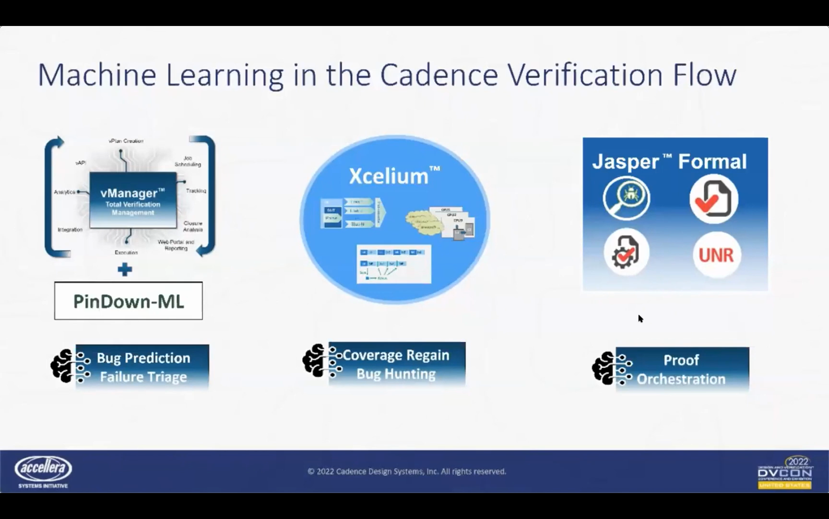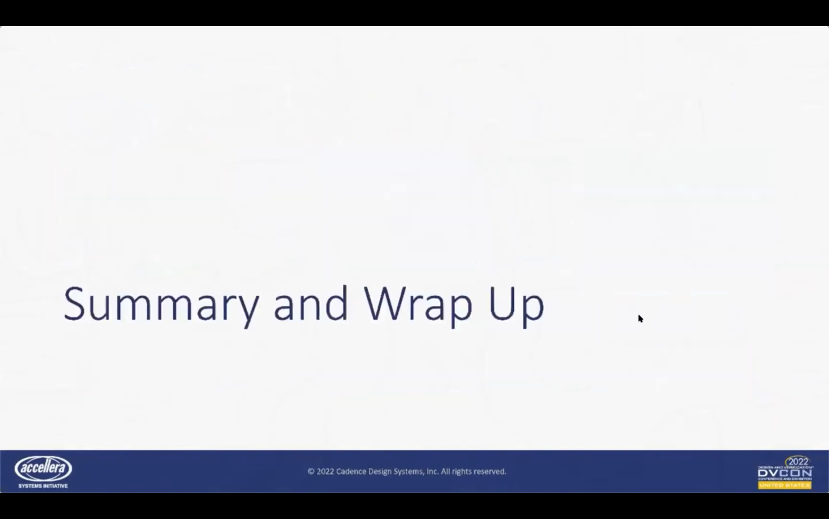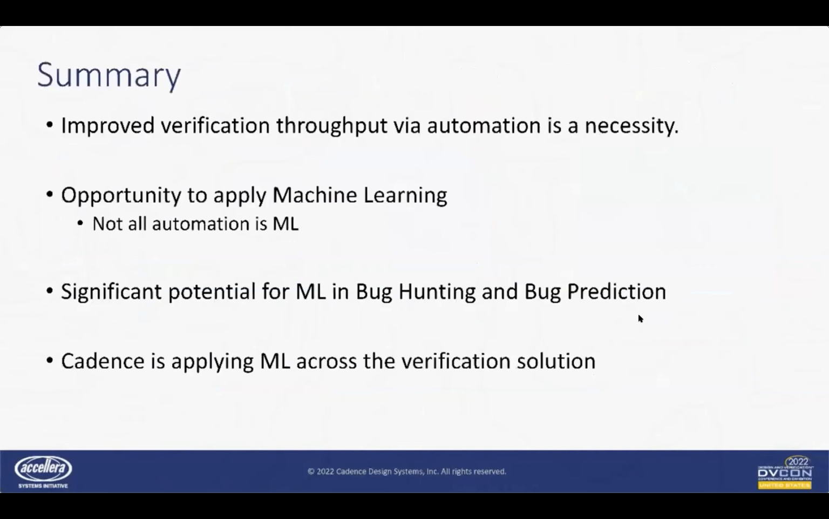There's a couple of applications of machine learning within Xcelium there, and then, as I just mentioned, the proof orchestration inside Jasper. So we're not looking at machine learning as being applicable in one particular area. It's applicable across multiple areas within the verification flow. So to summarize and wrap up,